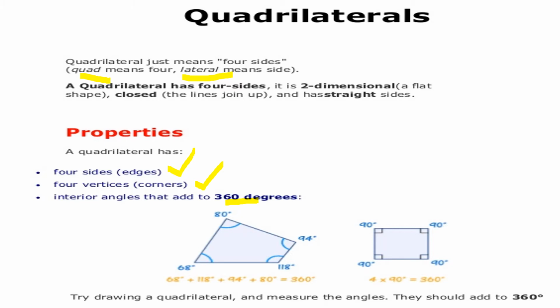Even in the triangle, if you add the three angles of the triangle, you will get 180 degrees. In a triangle, the sum of the three angles of a triangle is 180 degrees. The same, the sum of the four angles of a quadrilateral is 360 degrees. Keep it in your mind. The triangle has three angles, so the sum of the three angles of a triangle is 180 degrees. Sum of the four angles of a quadrilateral is 360 degrees. Keep it in your mind.